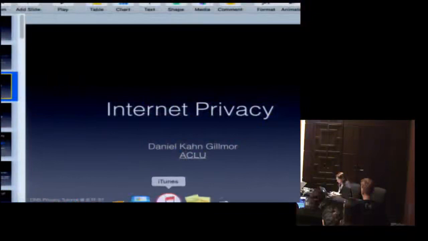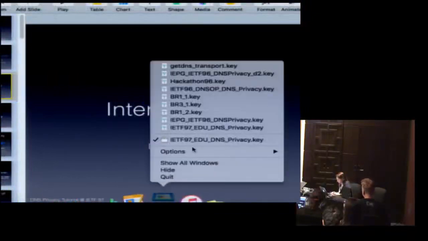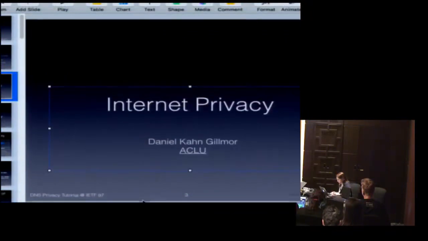So I want to talk just a little bit to set the frame for why DNS privacy matters. And more generally, there's a bigger picture. Why does privacy on the internet itself matter? So just to try to motivate it so that we're thinking about this stuff on the same page,